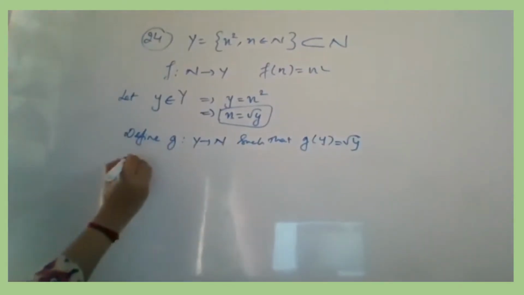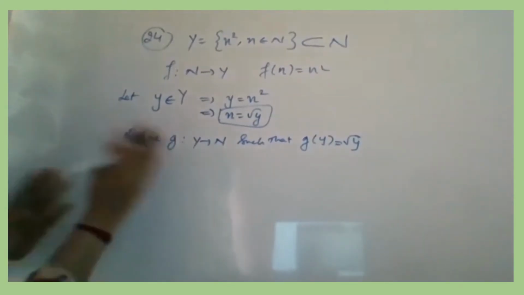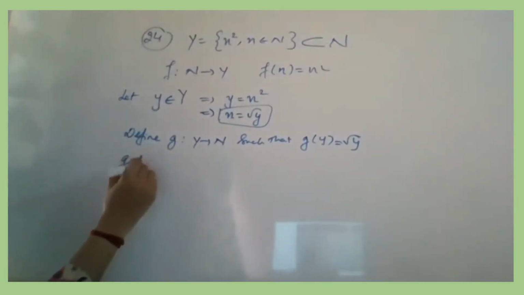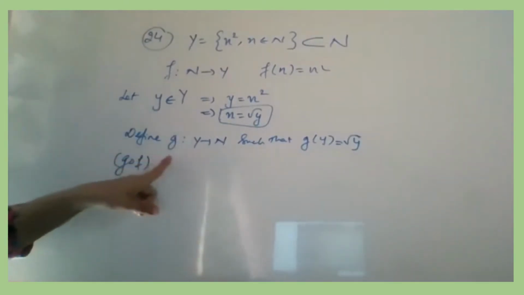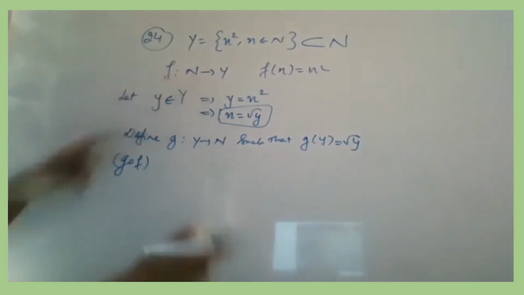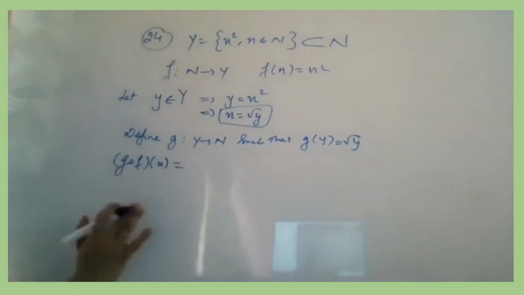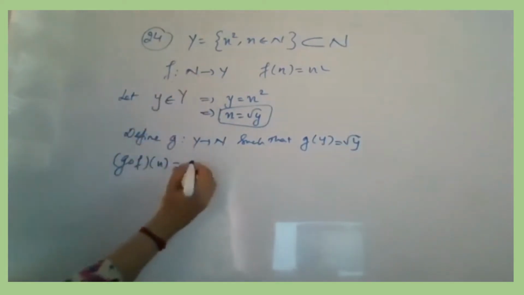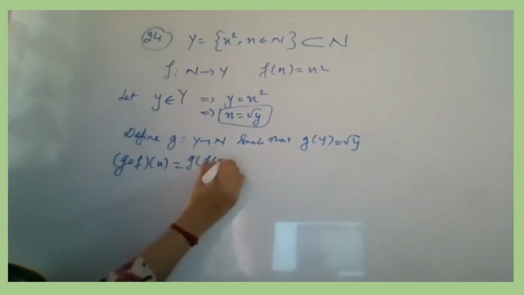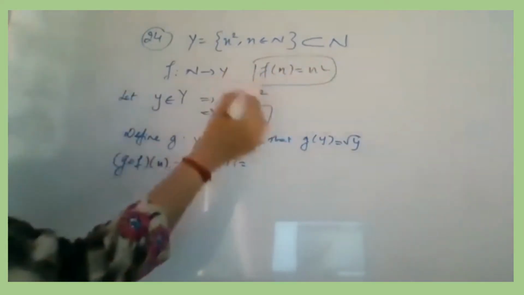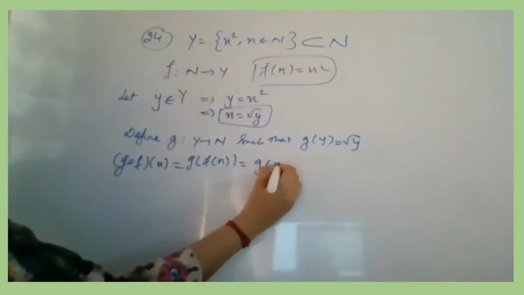For that, we need to find out what is the composition in both the ways. That is F composition G as well as G composition F. So we'll start with G composition F. Again, F when we are taking, we will take n ले लेते हैं, because ये n का element होगा. Of n, जैसे हम normal case में x लेते हैं, यहाँ पे n दिया है इसलिए n. So G of F of n. We know what is F of n. It is also given in the question. So we will replace g of n square.